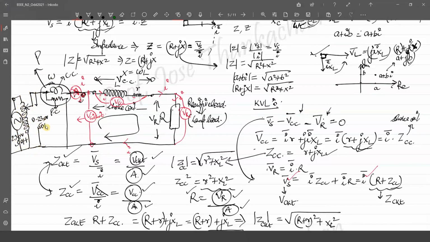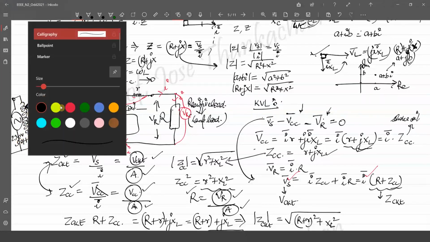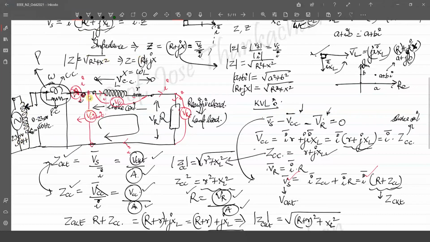But at the same 50 hertz frequency. So we get a variable voltage here. By varying this point of the variac, we can change the number of turns which are coming into the secondary side. So it's an auto transformer or a variac. It helps us to set any value between 0 to 230 volt. Once we set that value, we connect a voltmeter here. So I was talking about this voltmeter. The voltmeter is connected here. So this is your complete circuit.